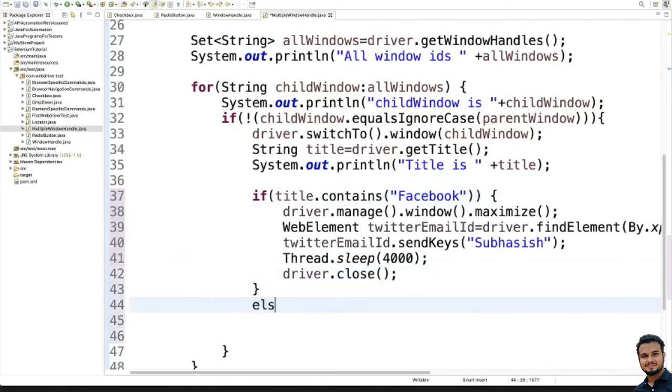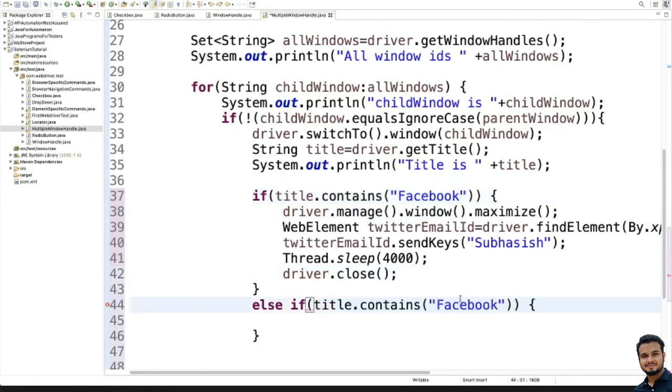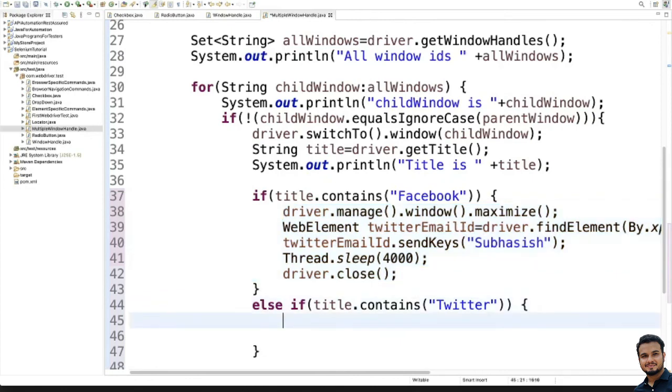Then we'll write else if, the condition first we'll put, and we'll write here the condition will tell Twitter, right? And we will add this contents,